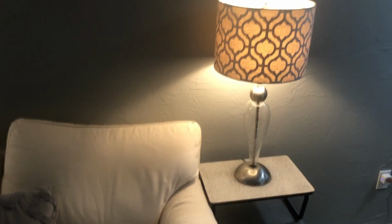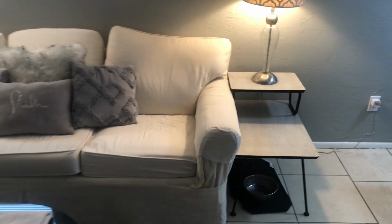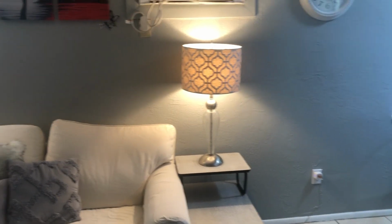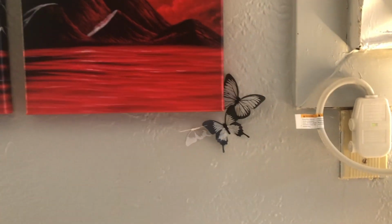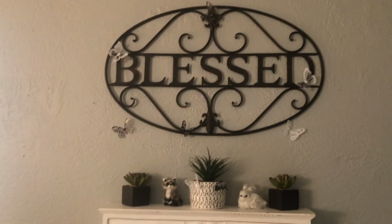Anyways, if we go by here, I'm going to stop so you can appreciate this with me for a moment. Not only do I love this couch, but I love this lamp, and I love this piece of artwork that I managed to find online. It is absolutely my favorite. We have our little wall butterflies here. I also got that online, and I love them. Over here, I have another little shelf with some more wall butterflies going crazy all over this blessed